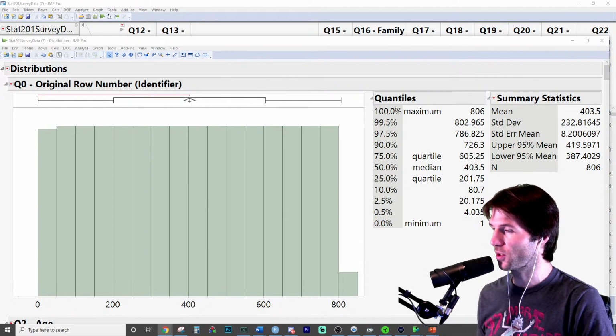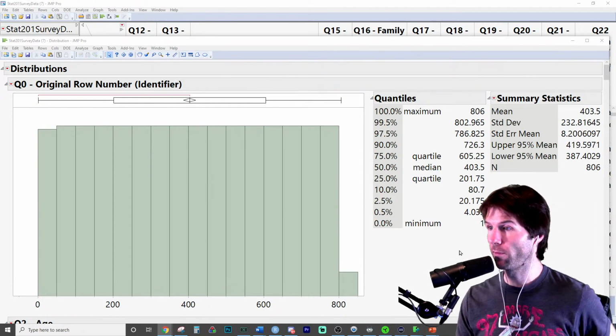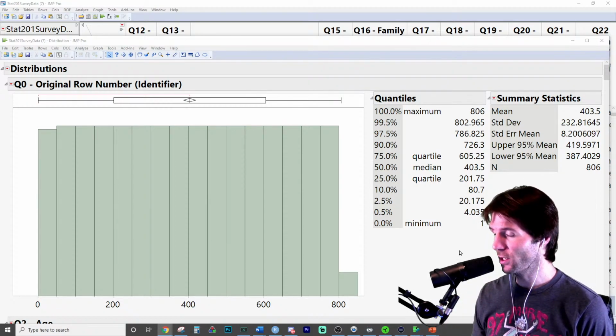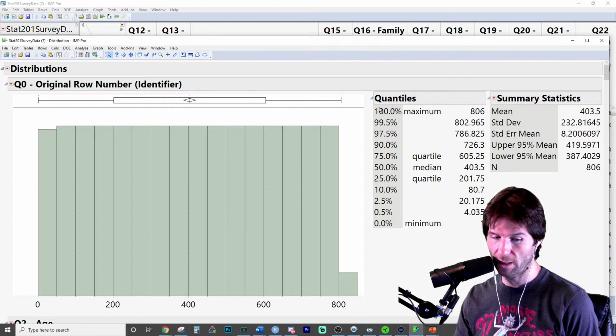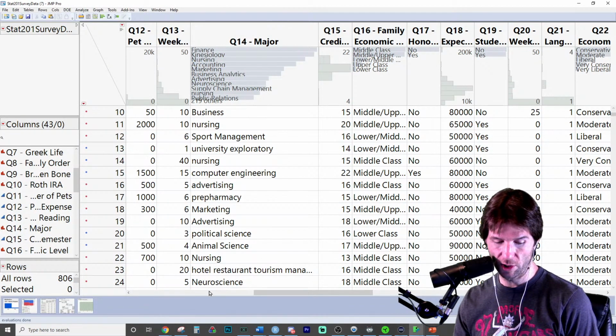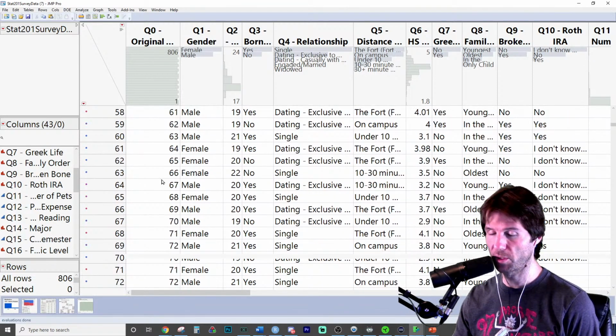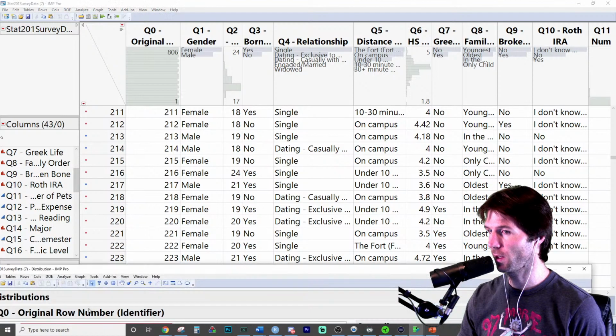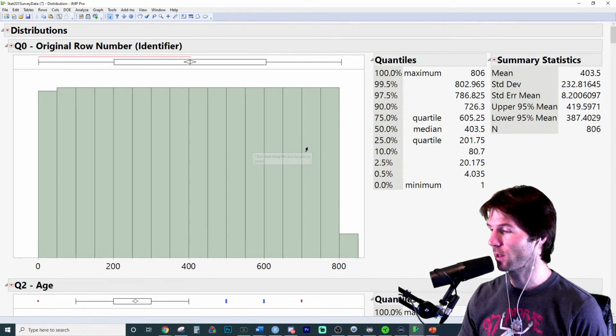So we see a uniform distribution right here. So it's one form. Think about it, it's just flat across. Is it perfect? It actually kind of is, because if you look at the data this came from, the original data is just numbers. And this is how a uniform distribution looks. These numbers right here that just go like that are completely flat. And that's how we get the uniform distribution.